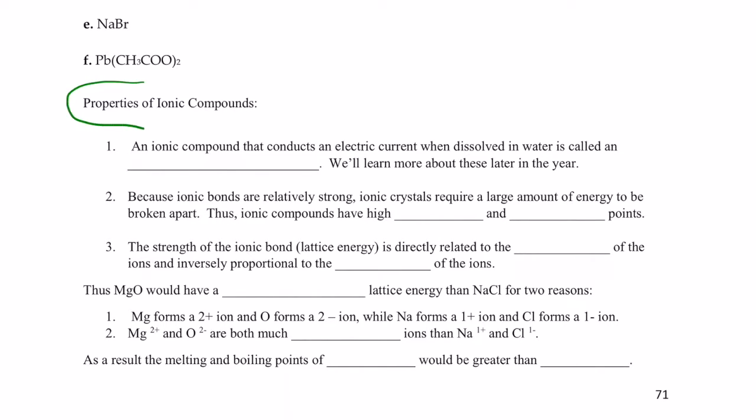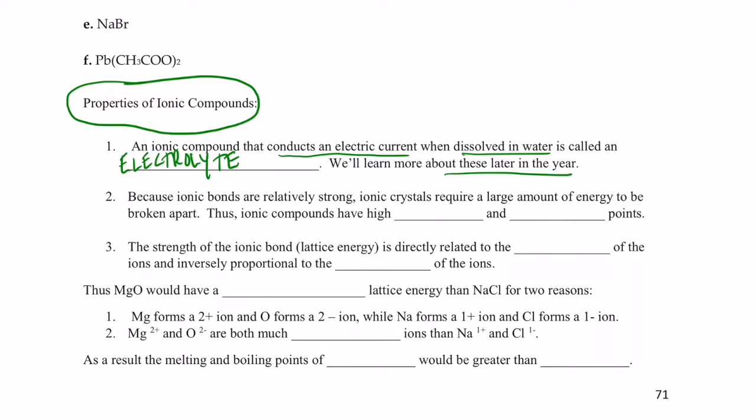Now let's talk about a few properties of ionic compounds. First of all, an ionic compound that conducts an electric current when dissolved in water is called an electrolyte. So if you can imagine sodium chloride being dissolved in water, it can conduct an electric current. Now we're going to learn more about these later in the year. For right now, you just need to know when an ionic compound dissolves in water and conducts electricity, it's called